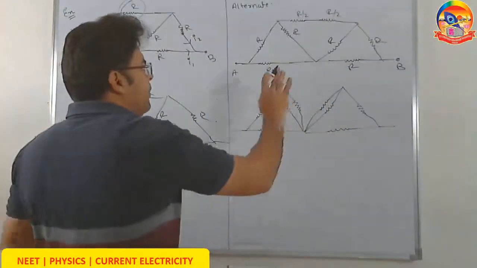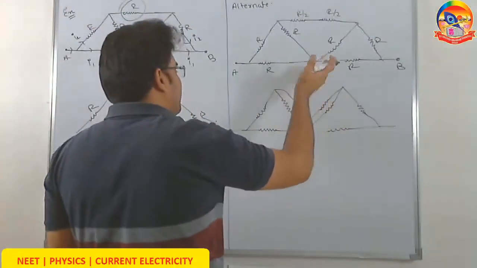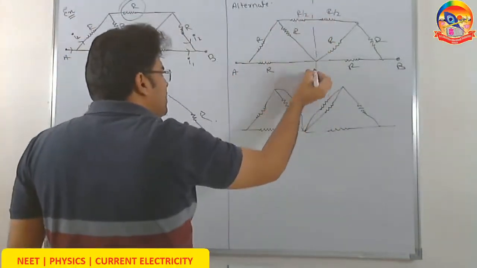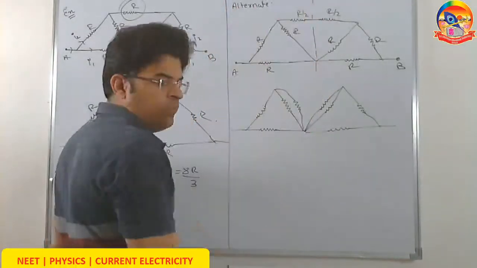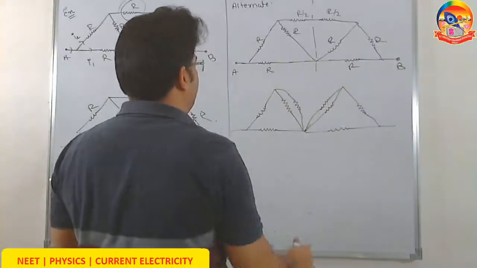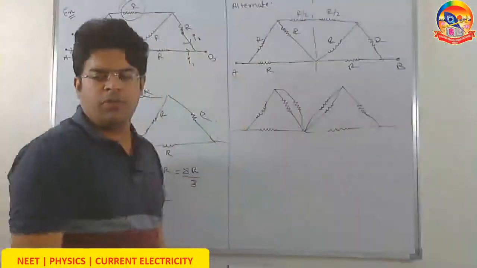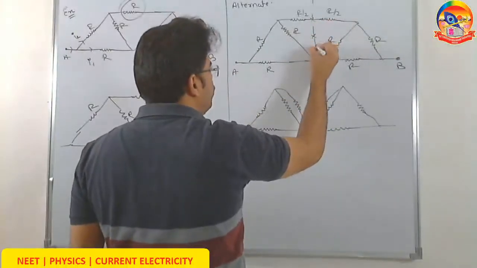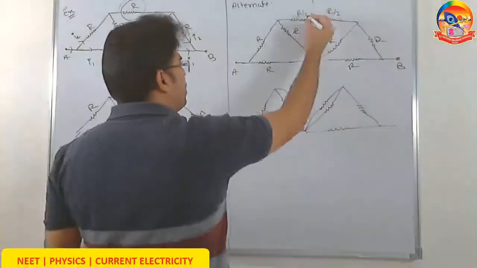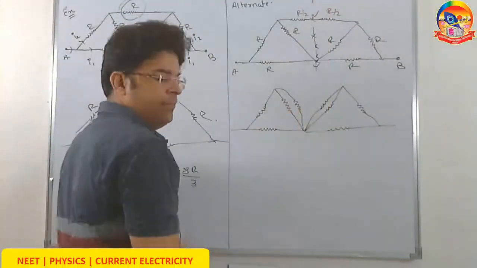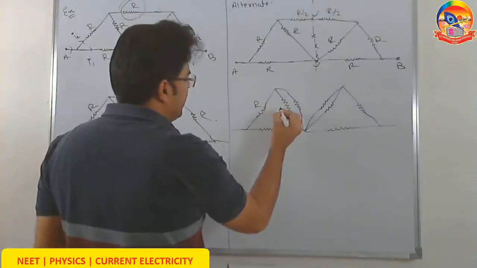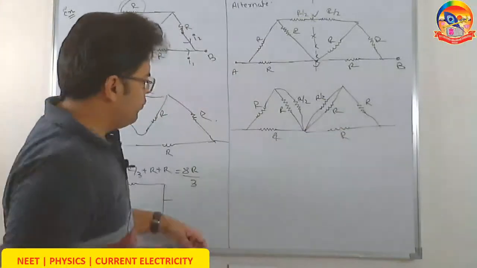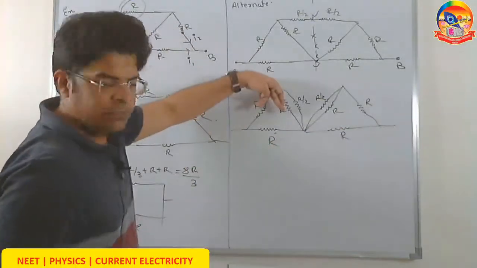Now here, because this circuit is symmetric in left half and right half, after splitting this, till this point there should be half potential drop. If the overall potential drop in the line is V, then till this point the potential drop should be V by 2. This means that all these points should be at the same potential. Since the potential of these 2 points will be equal, I can join them. Once I join them, now my circuit looks like R by 2, R by 2, R. Now I can find these two in parallel, R by 2.